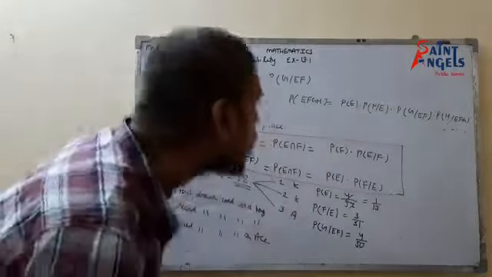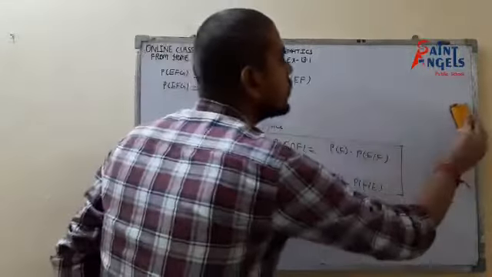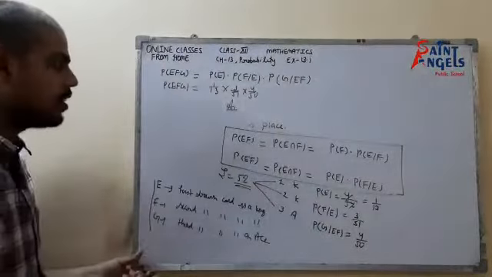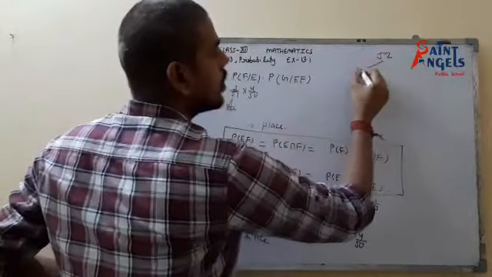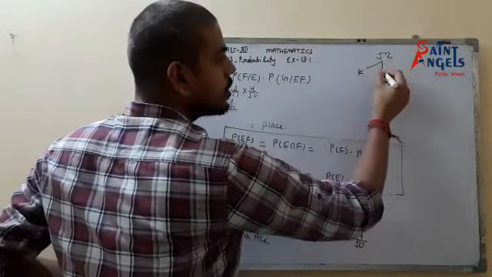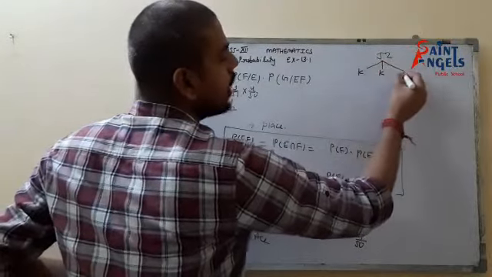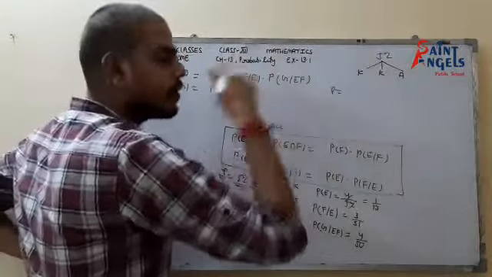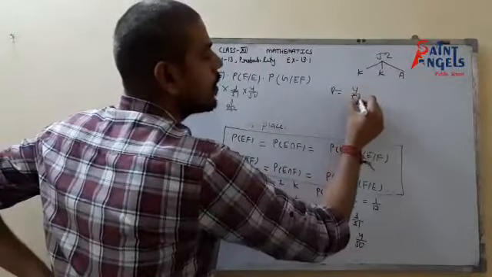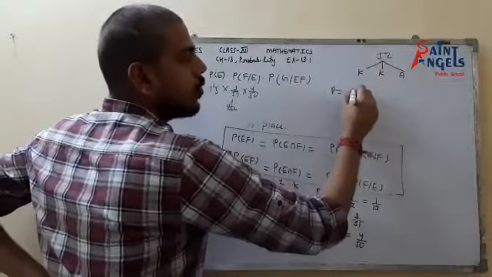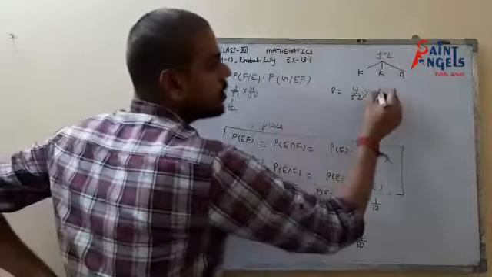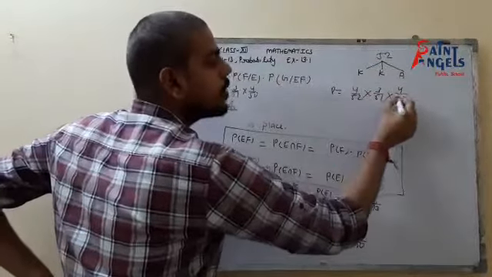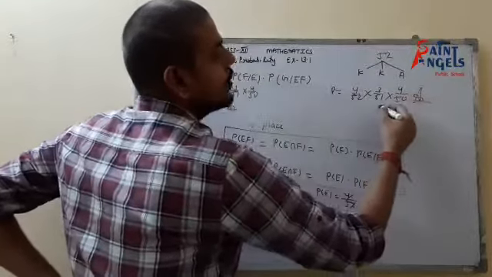Now come back to the 11th class. Suppose you are in 11th and you have to solve this question. How to do that? There are 52 cards. The first card should be a king, the second card should be a king, and the third card an ace. Probability equals first king: there are 4 kings, 4 upon 52. And second king, 1 king we have already drawn, so there will be 3 kings, 3 by 51. Into ace, 4 aces, and 2 cards we have already drawn, 50. You must do it like that, and in 11th class you get full marks.